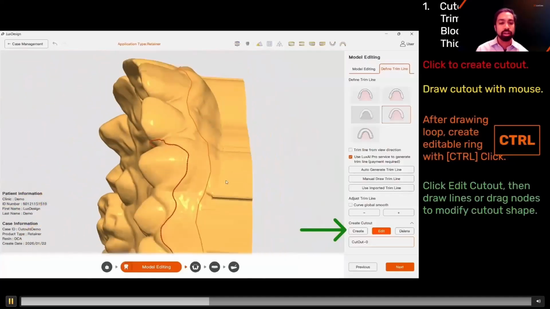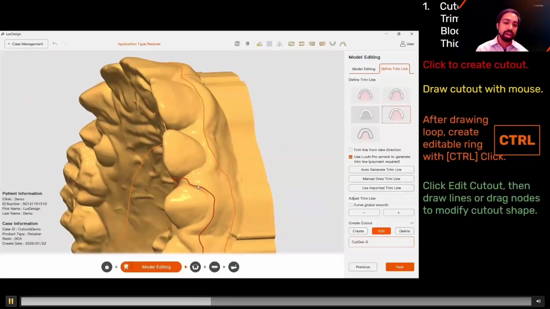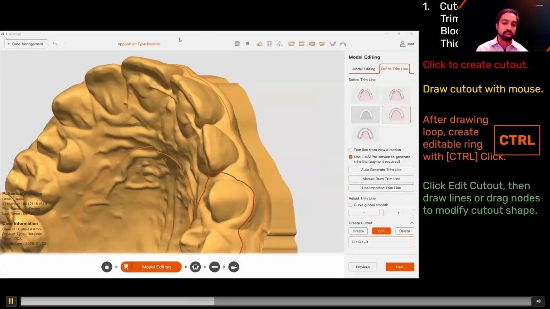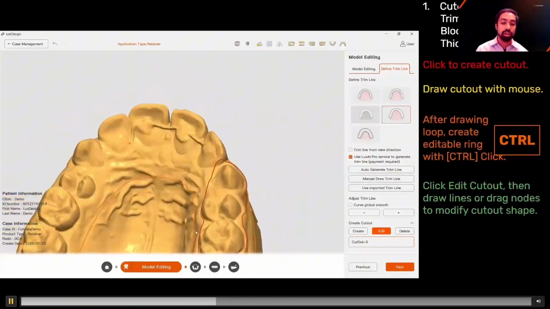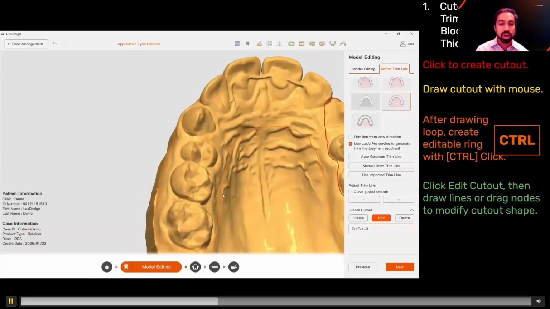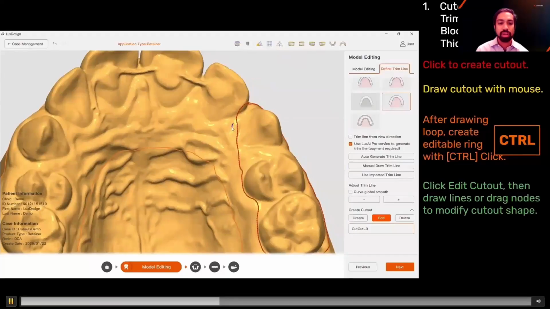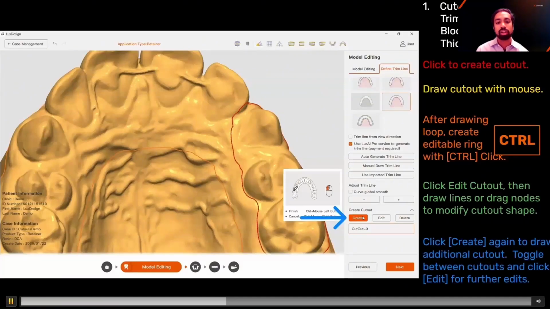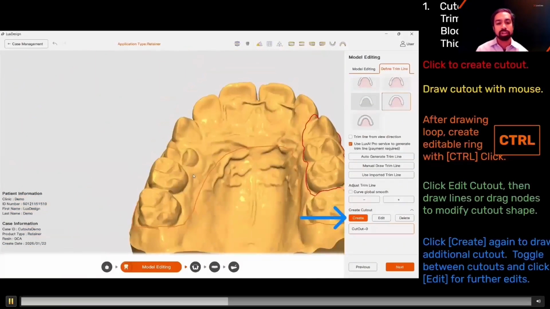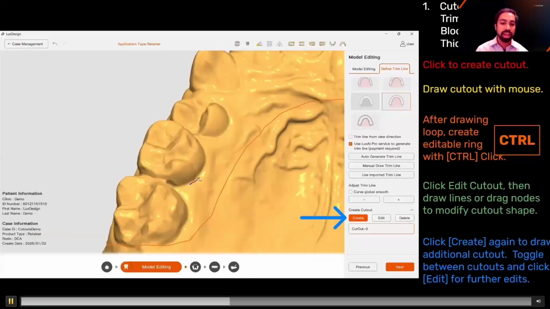So once I've drawn it, I hold control and click, and it basically locks in that cutout, right? I just control click once I've drawn the pattern, it locks in the cutout, and then I modify it by dragging where I want it to be. As you can see here, I just drag it with my left click after I control click to lock it in, and you want to click edit first, and then you do that. Once you're done, you go back to create, click create again, and then you do it again on the other side,